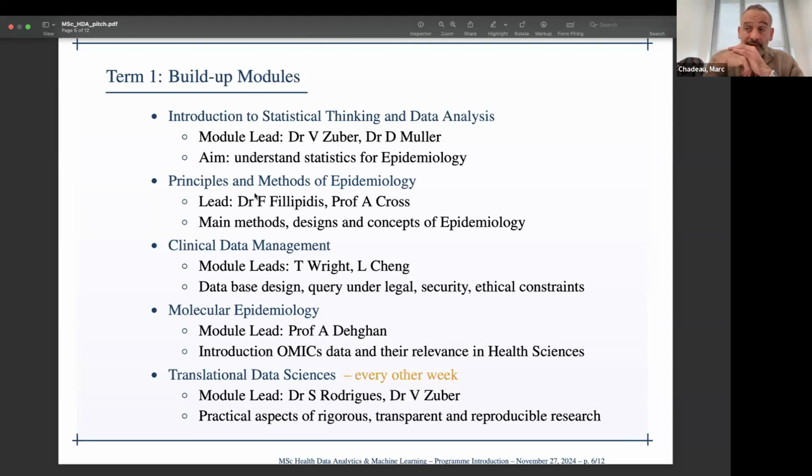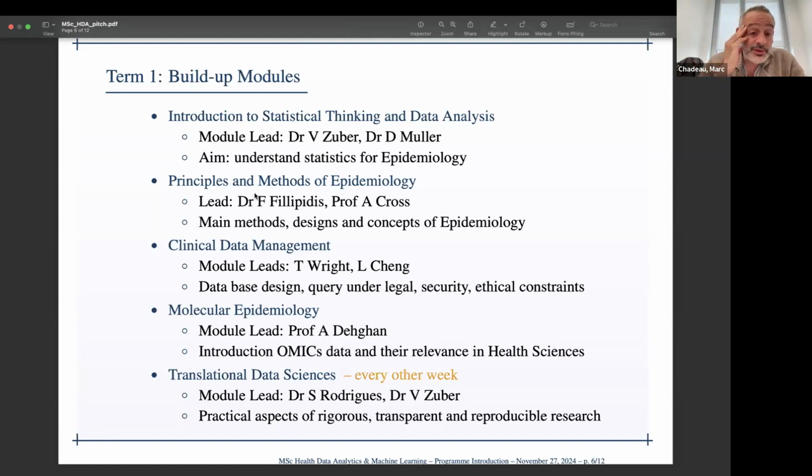So that's an important preliminary module, because in term two, you will see that most of the methods that you're going to learn are going to be applied to omics data, which is a very good example, because these are complex, high-dimensional and multi-block data that are defining a methodological constraint that we are learning and that we are teaching in term two. So this module is key for you to get acquainted to the data that justifies the methods that you're going to be taught in term two, pretty much.